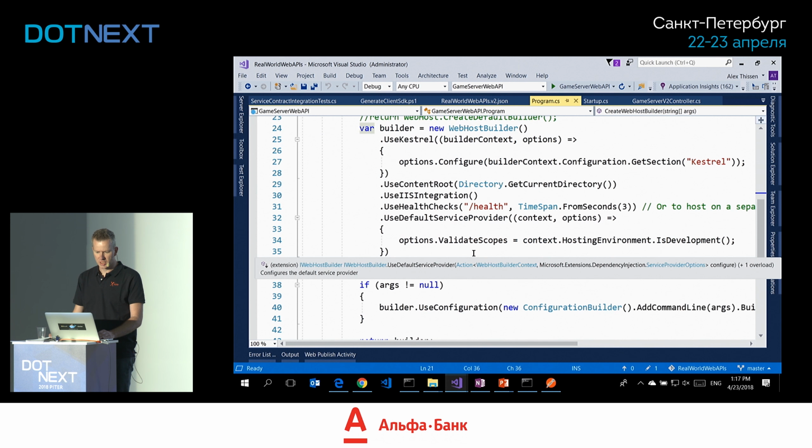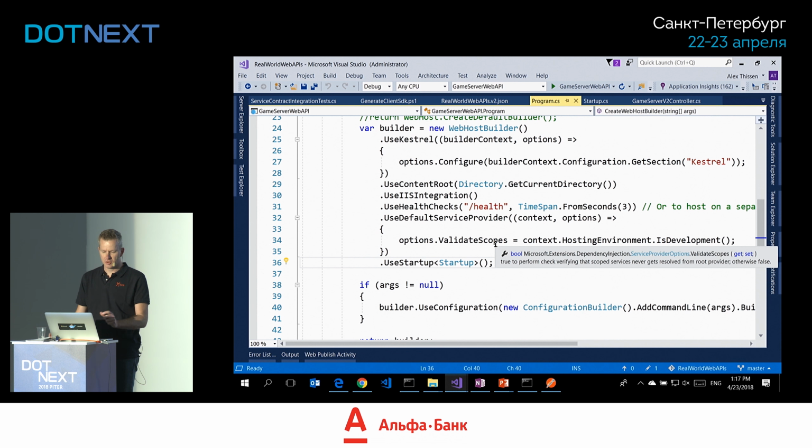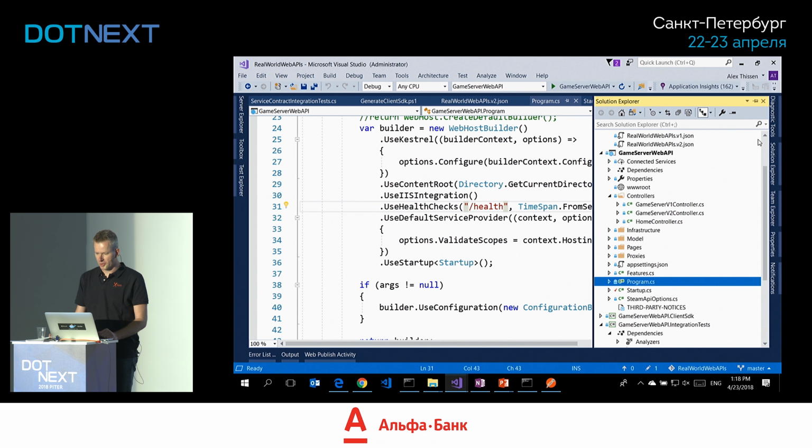I took apart the CreateDefaultBuilder. Inside, essentially, there's this piece of code. So a lot of things are being registered there. Do have a look because there's these special things for validation that's only on in development. You might run into that. But in this case, I added this one. So I'm telling it to use health checks at this endpoint /health, and that's intercepted by the middleware, and it sends it out to provide the health information. And to implement that health information,